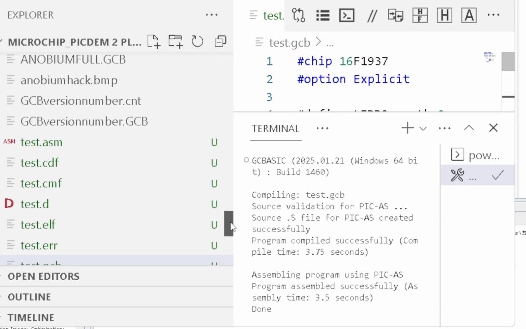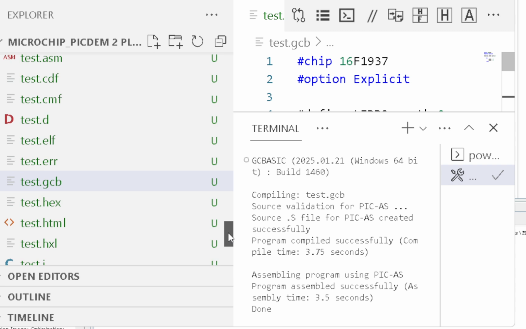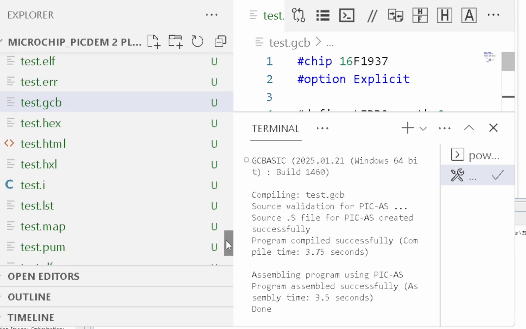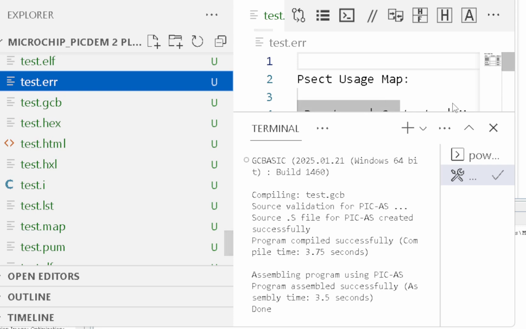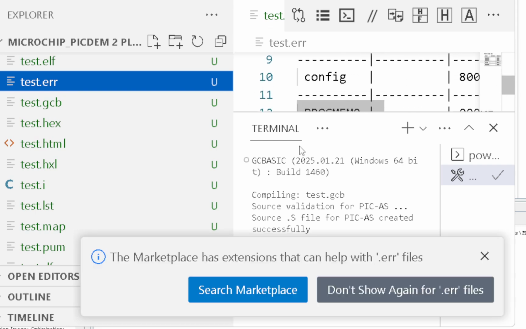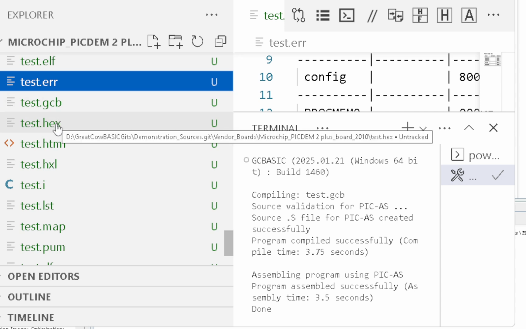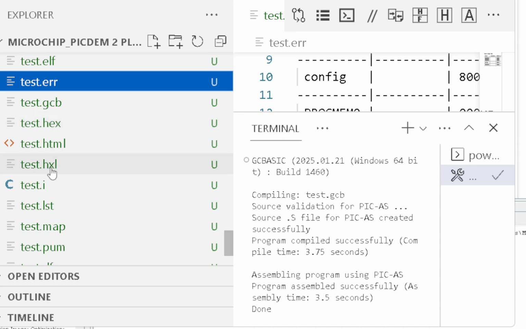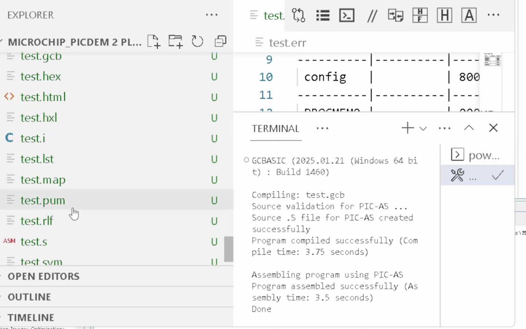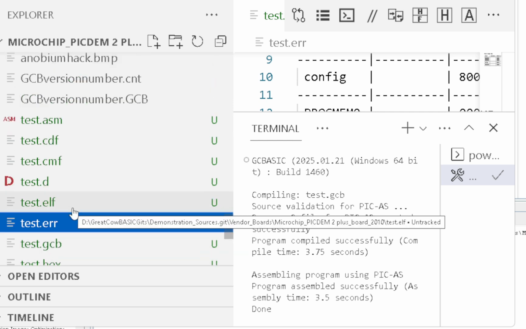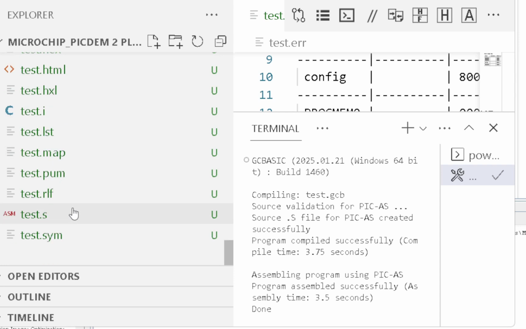But look at all the files it's created, the additional files. Look, it's got an ASM file, CDF, CMF, a .d, elf, error. You can look in the error file. Is there an error file? Yeah, there's no errors. Fancy that. As a hex file, and that was produced by PIC-AS. But look, down here somewhere in here, there's a .s file. Oh, there it is. Look,